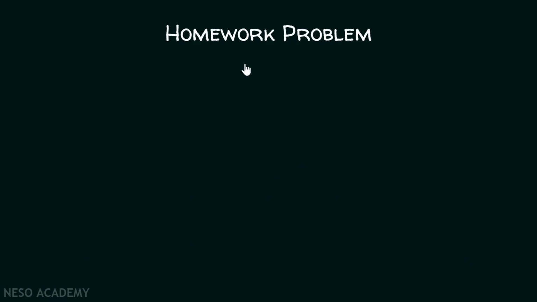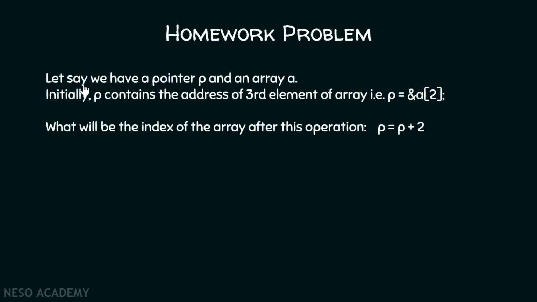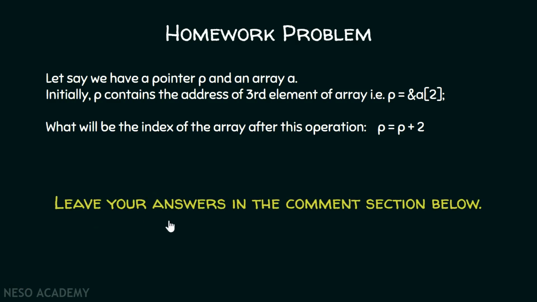Now here's a homework problem for you. Let's say we have a pointer P and an array A. Initially P contains the address of the third element of the array, that is, P equals ampersand of A[2]. What will be the index of the array after this operation, that is, P equals P plus 2? Here in this case you don't have to bother about the addresses. I'm not asking about the address in this question. I'm just asking about the index. Therefore, you don't have to bother about the addresses at all. Leave your answers in the comment